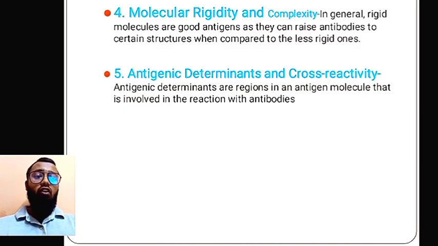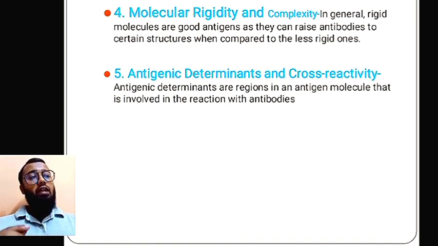The fourth property of the antigen is molecular rigidity and complexity. In general, rigid molecules are good antigens as they can raise antibodies to a certain structure when compared to the less rigid ones. And it has been established that rigid molecules are good antigens, but the complexity of the structure is also essential. Remember students, complexity of structure, because the more complex it is, the more heterodimeric in nature it will be,